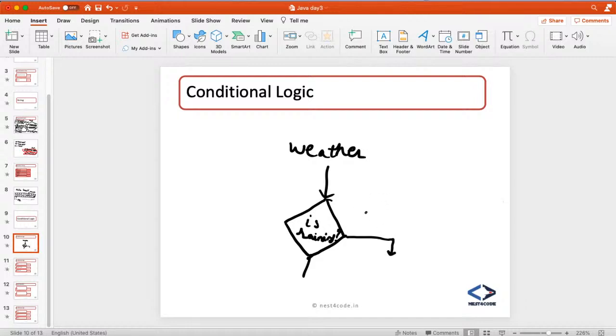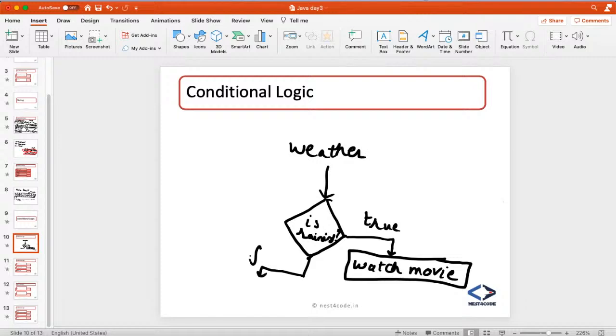Always from a condition you will get either true or false. If it's raining, you will sit inside and watch a movie. And if it's false, I think in today's scenario you cannot go outside, but let us suppose go for a walk. So based on the conditions we'll do different flows,